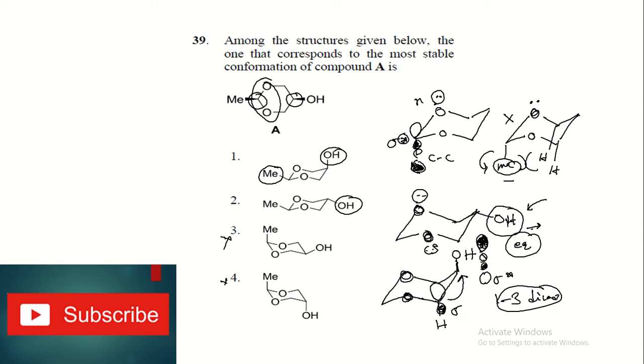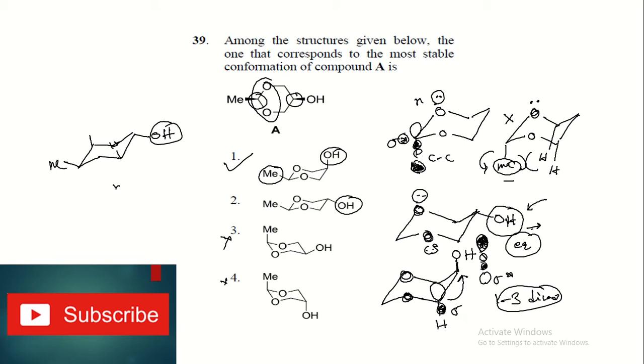Okay, so this is our correct answer, which is 1. You have to remember that because there is no 1,3 diaxial strain, the OH group likes to stay in the axial position. But if there is a simple cyclohexane chair, then the equatorial OH conformation will be predominant, because there is 1,3 diaxial strain involved, and due to the polar, and in the polar